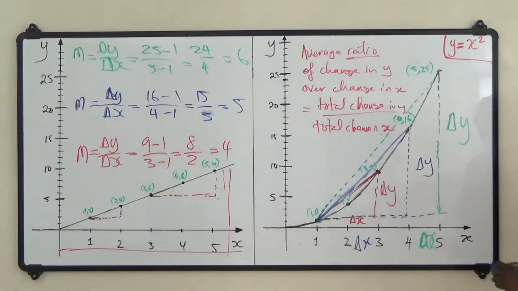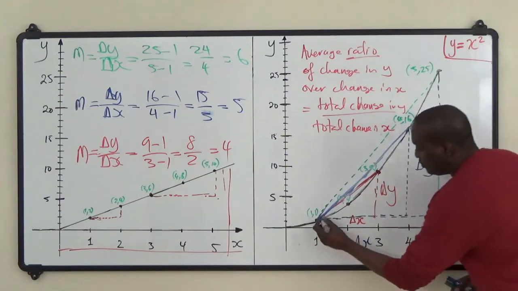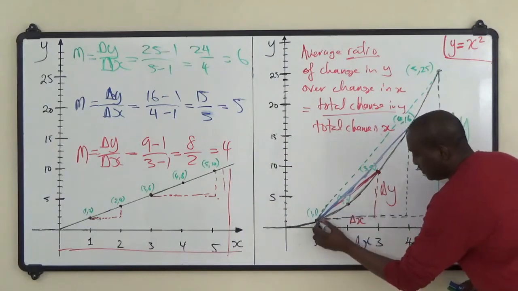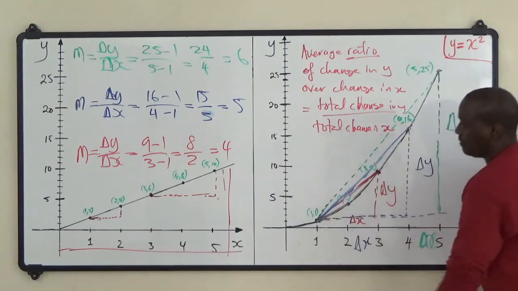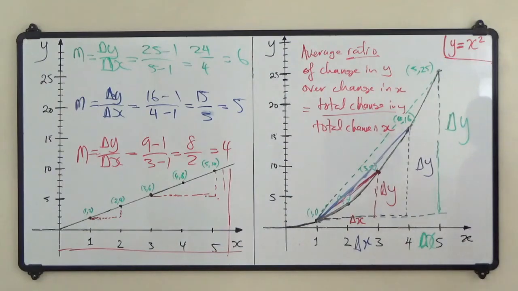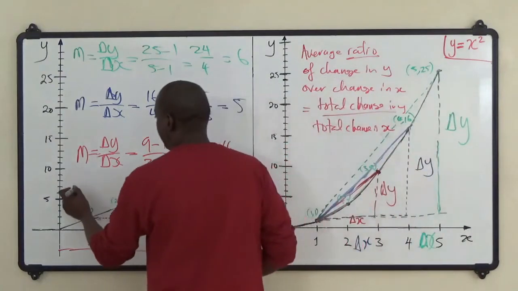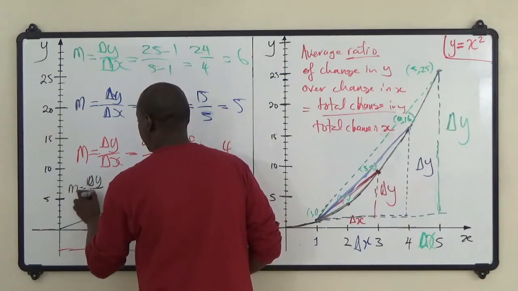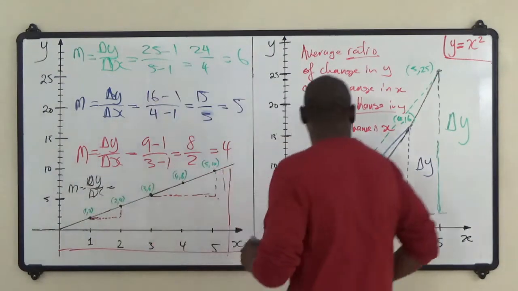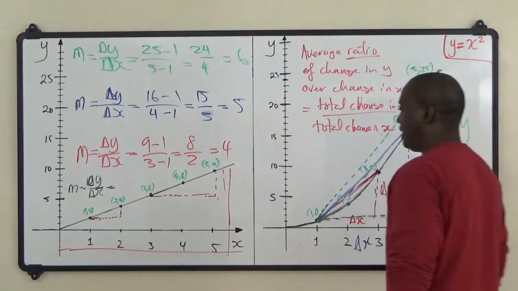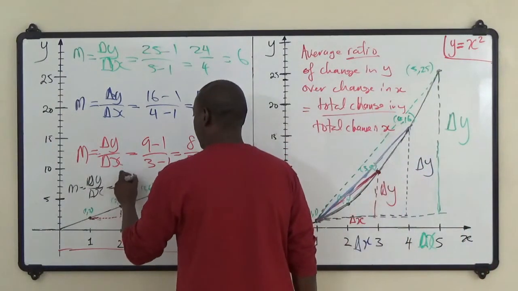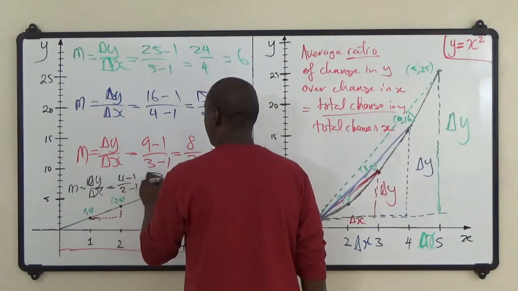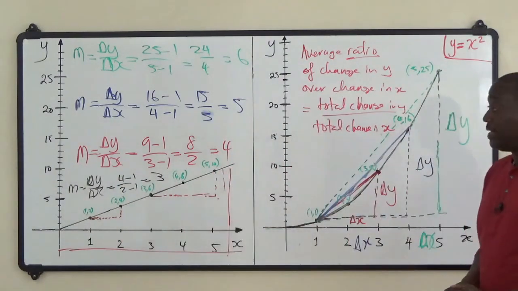And if we take the gradient between these 2 points, between the point 1, 1 and the 2, 4, that gradient is equal to change in y over change in x, which is 4 minus 1 over 2 minus 1, which is equal to 3. So, you see a progressive decline in the gradient